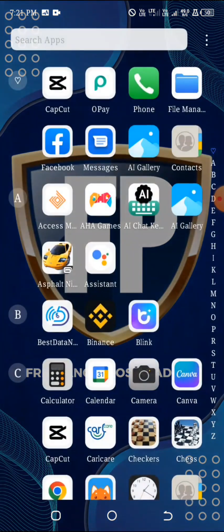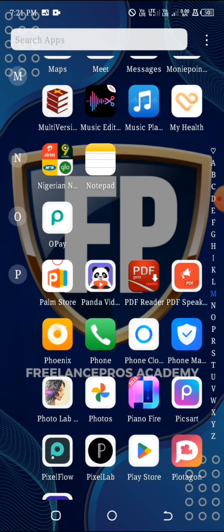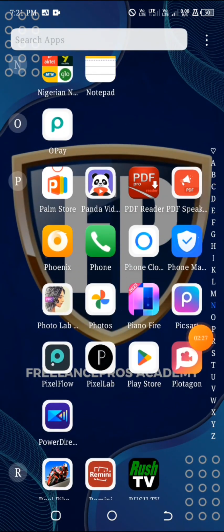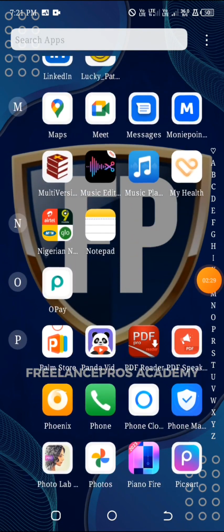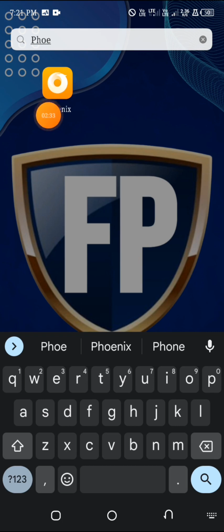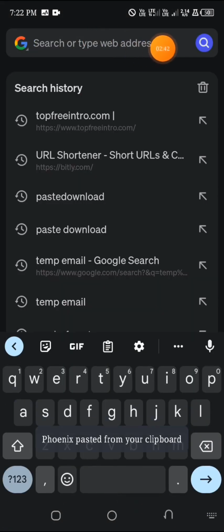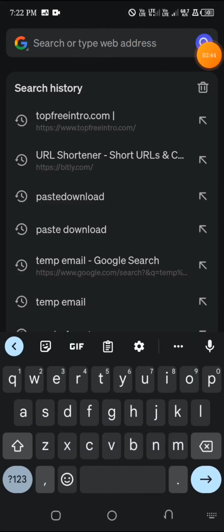Now come to your Phoenix browser. It's Phoenix. So you come to your Phoenix browser, our English scholars. Let me just search it here. This is it here on my phone, it depends on how yours is. This is it here, Phoenix. So you enter it. Then you come and search for this website,